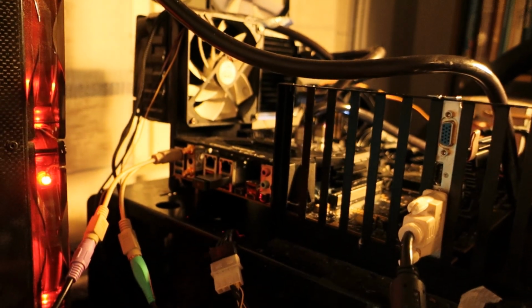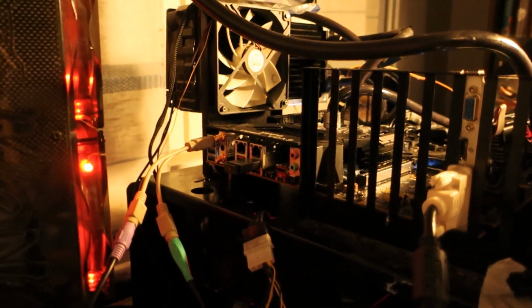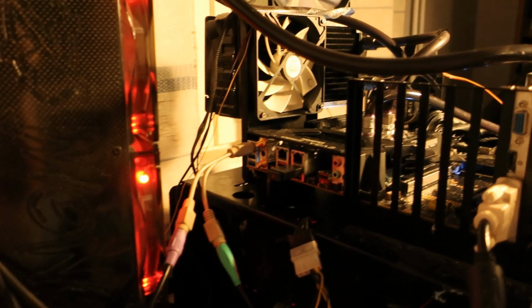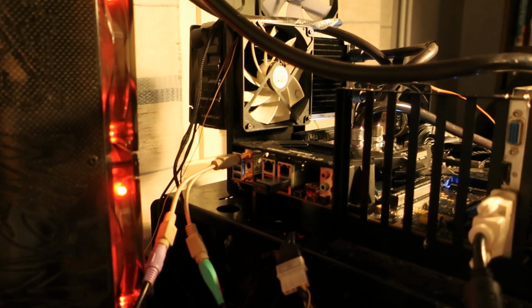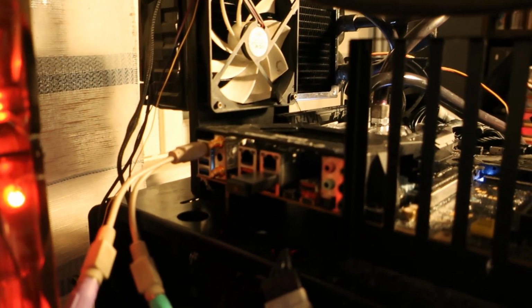So for actual booting, I have to keep the USB stick in one of the Intel ports, because if it's in the Asmedia port, it doesn't recognize it during the POST process. So I cannot boot this USB stick. So I have to keep it in one of the Intel ones for now, at least for the actual POST process. So we go to BIOS,